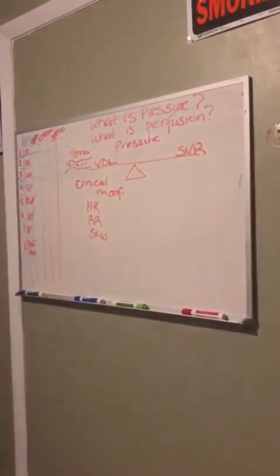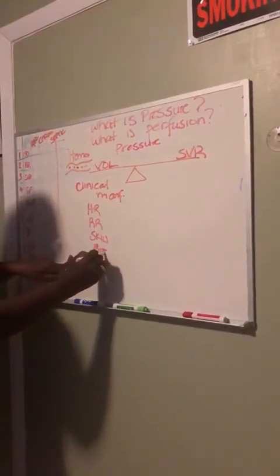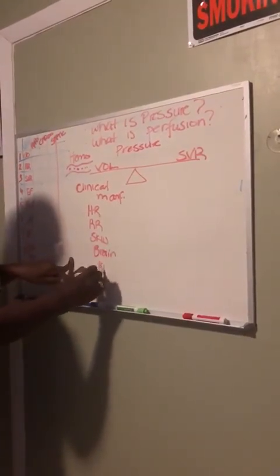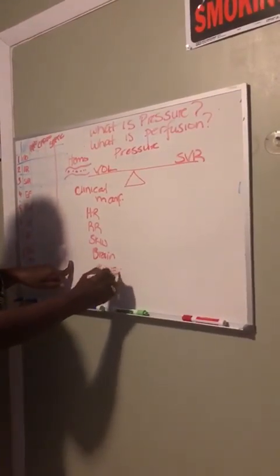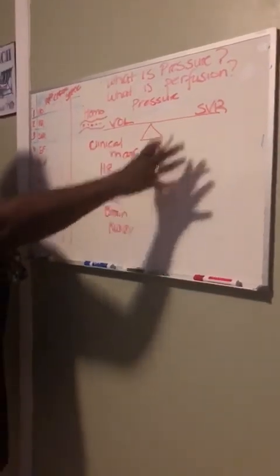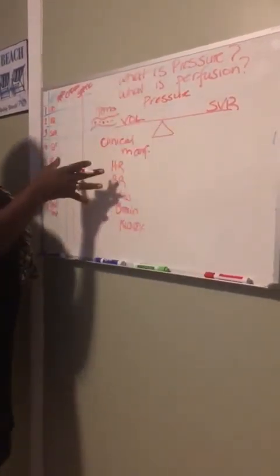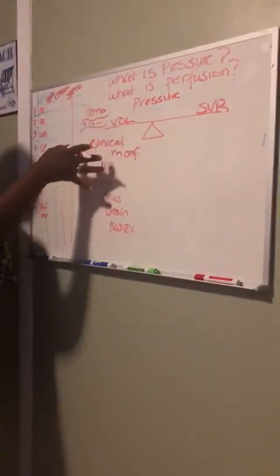And one is brain. And then, of course, you have the kidneys. These are vital organs. You're going to see me talk about that in a few minutes, okay? So what happens when there's a change in pressure? When the volume drops, you